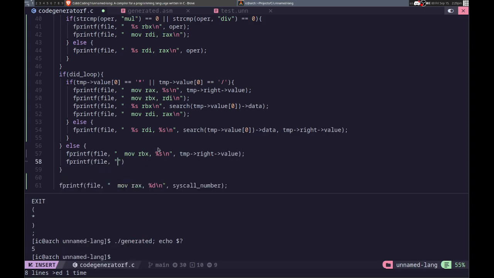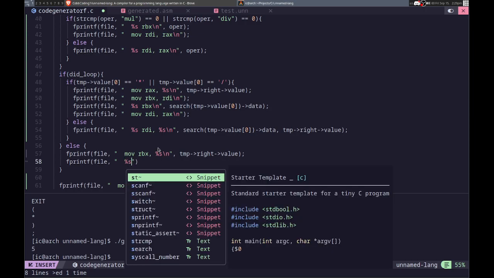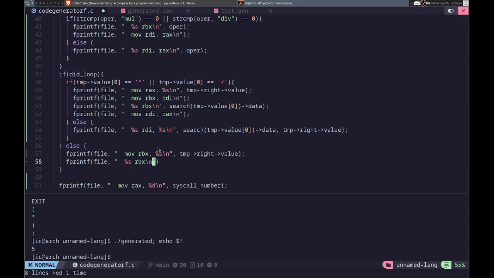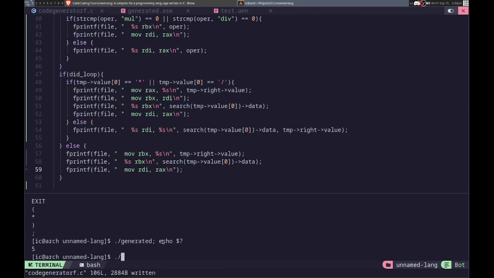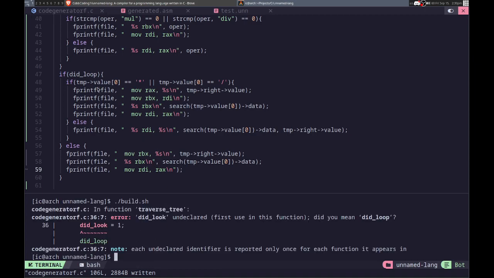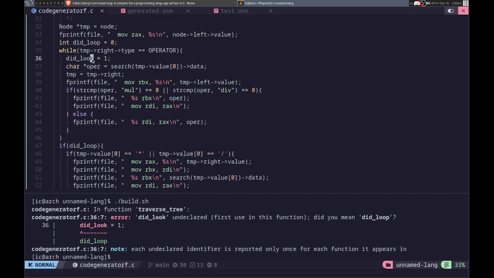And then we'll run that. Then we'll do that, and then let's see. Then we'll move RDI RAX. And yeah, I think that's what we need to do. Alright. Did loop. Spelled it wrong. Okay,